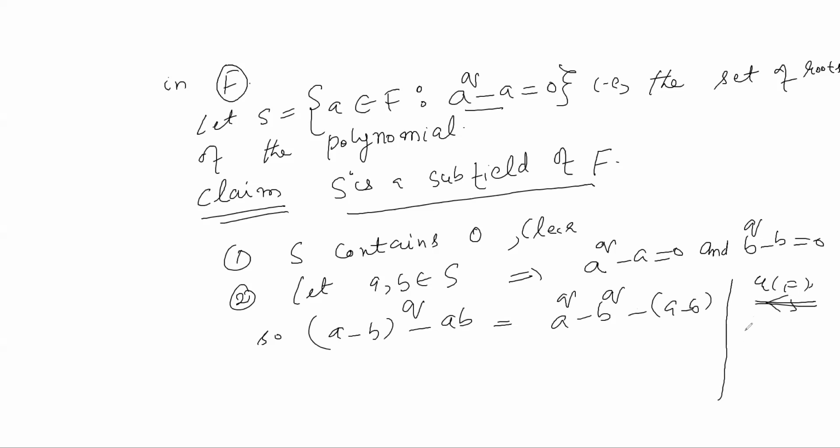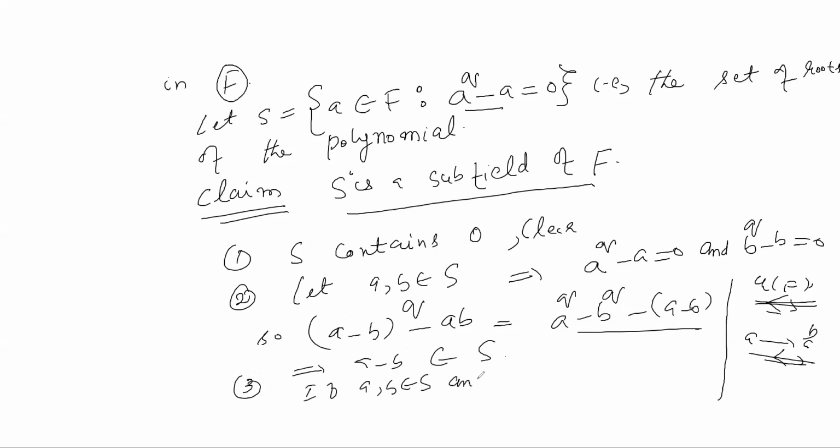By the same theorem, where we proved that the Frobenius map a goes to a raised to power p is a ring homomorphism, a homomorphism of fields in fact, this is equal to 0. So this means a minus b also belongs to S. Third thing, if a and b belong to S and b is not equal to